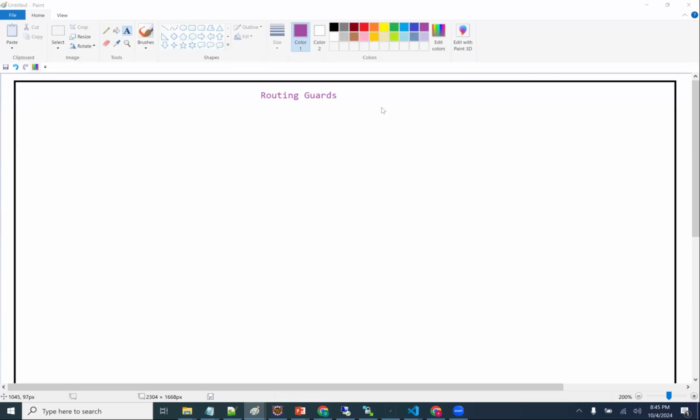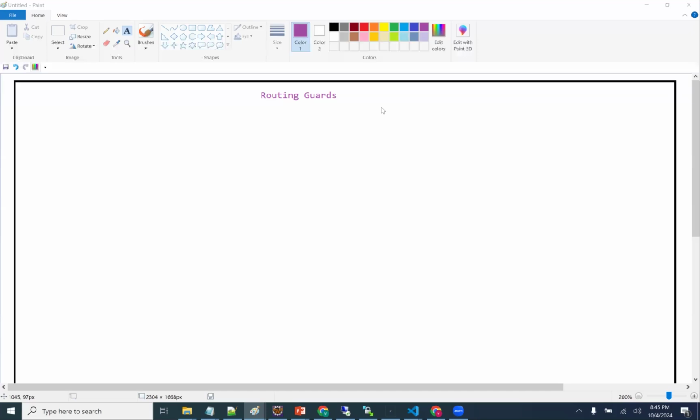Do we really require to protect routing? Do we really require to keep a protection on a routing? Yes, we need to keep a protection, guys.